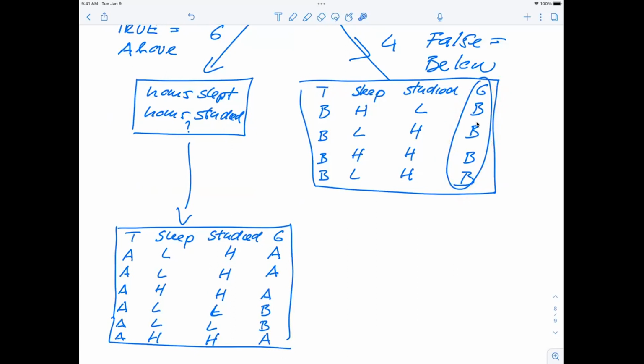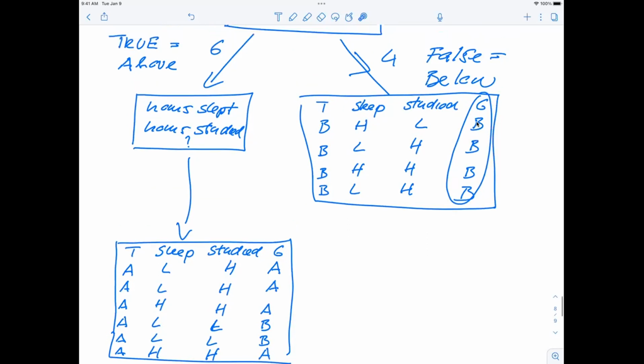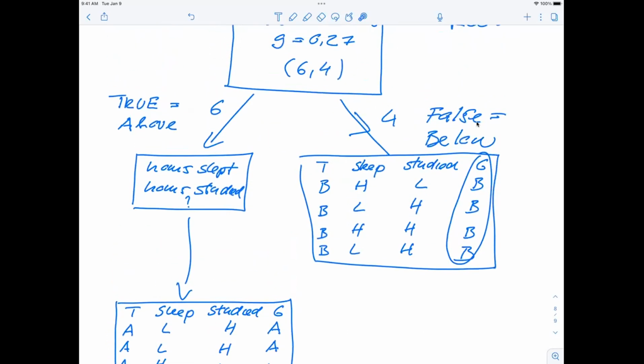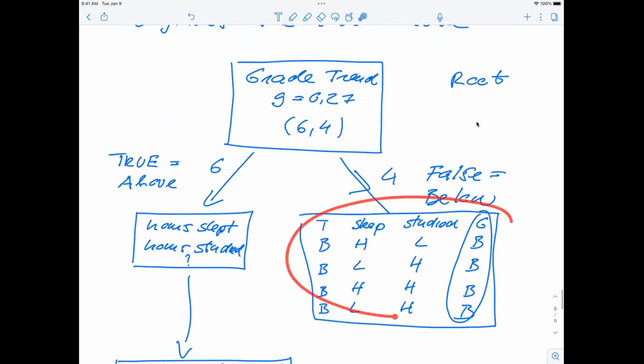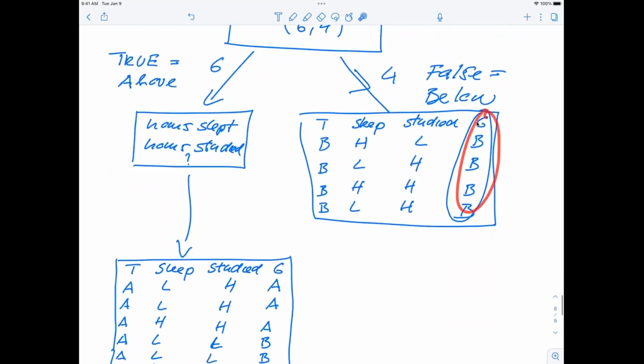So in this specific case, for the false direction after the root node, we can stop with the final leaf, because if the grade trend is above, we split into a true case with above, and if it's below, the final grade is always below. So this case terminates because the output is now pure,